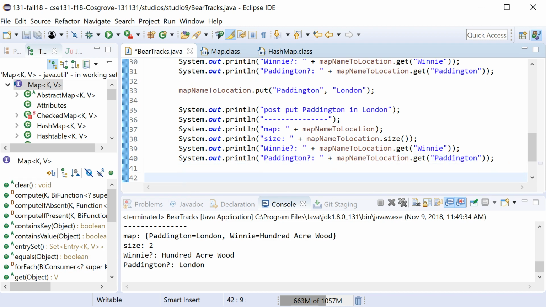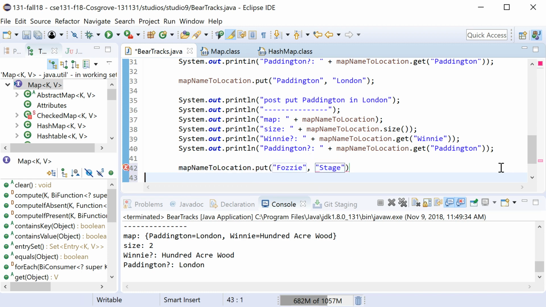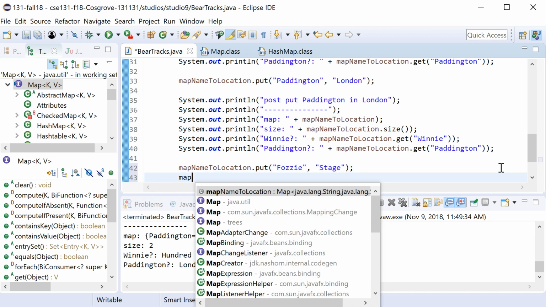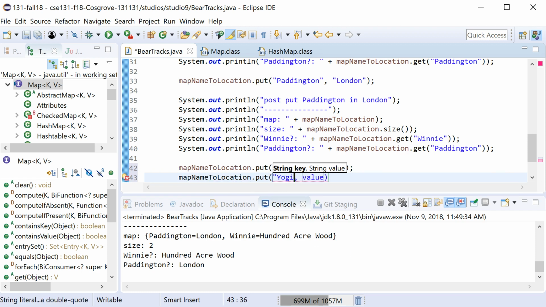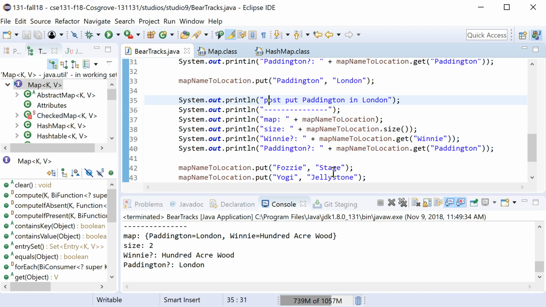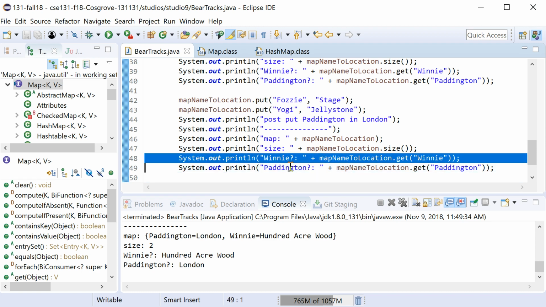Okay. Let's just do a couple more things. I'm going to add a couple more bears in here. Let's add Fozzie and put him on stage. And let's put Yogi in Jellystone. And if I look at all these guys, as you might expect, let's copy all these. And if we add 2 more,